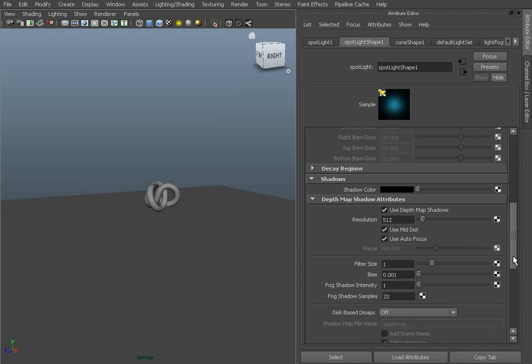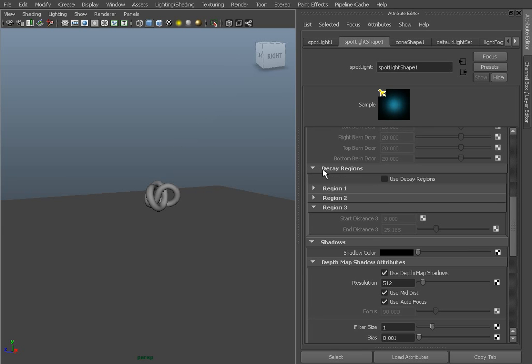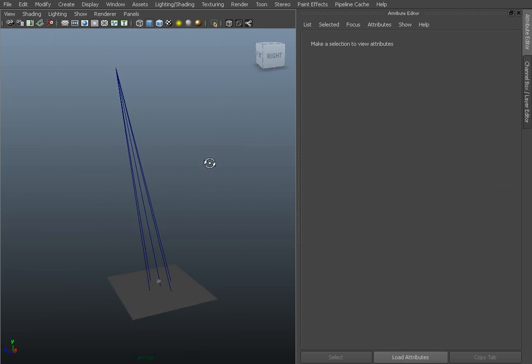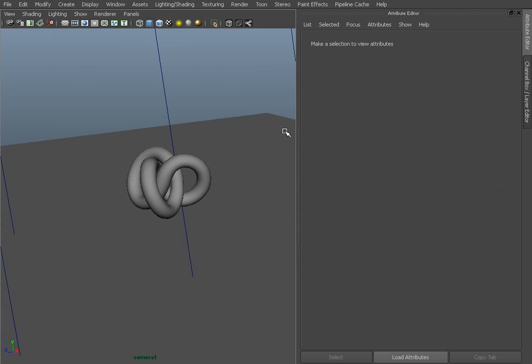You'll also need to remember, now since you have moved the light source away, that you need to increase the cone shape. So here's my scene. This is the object that I'm interested in, and I've moved the light source really far away. And if I move to another camera and render this out,